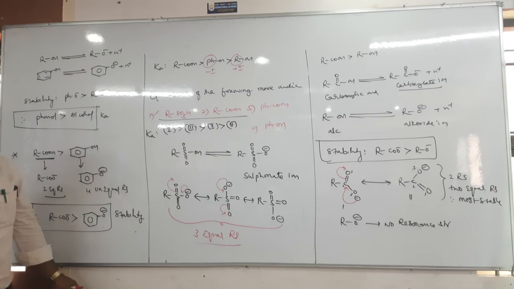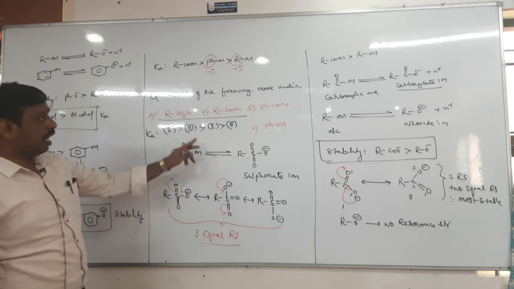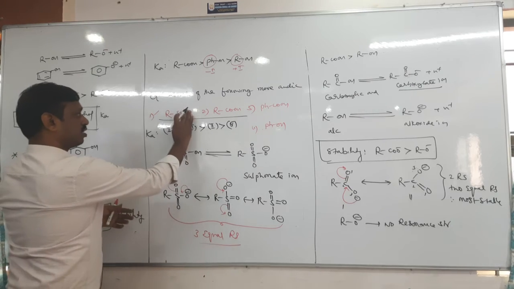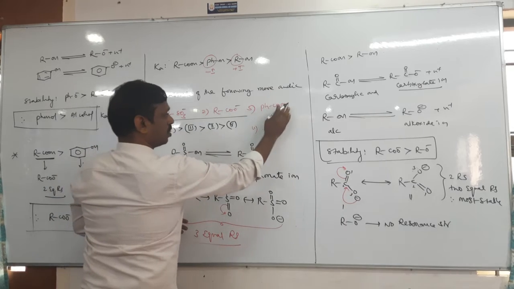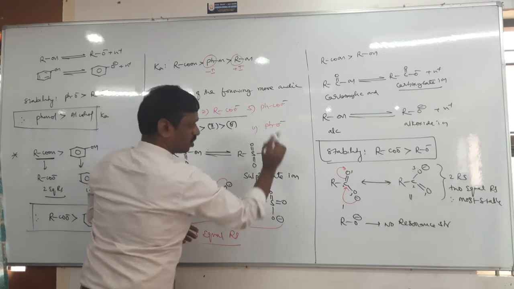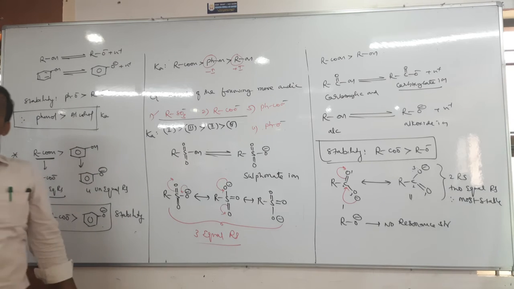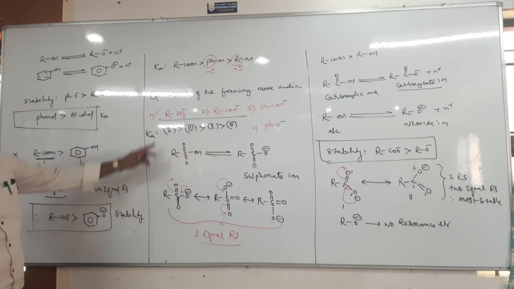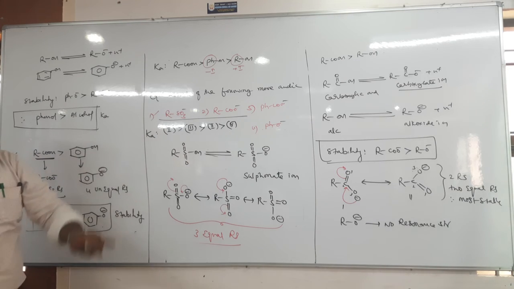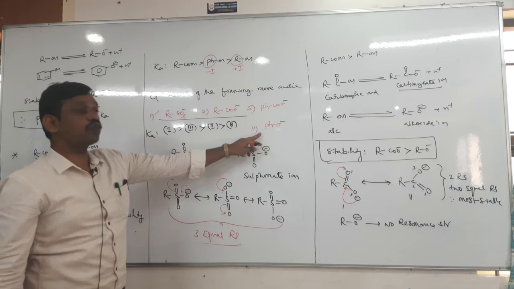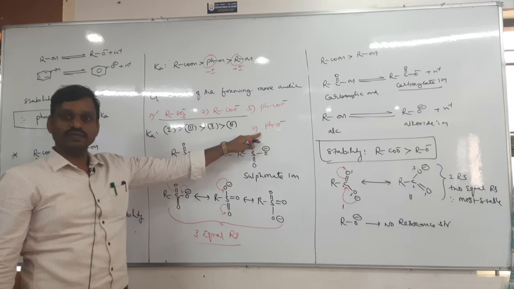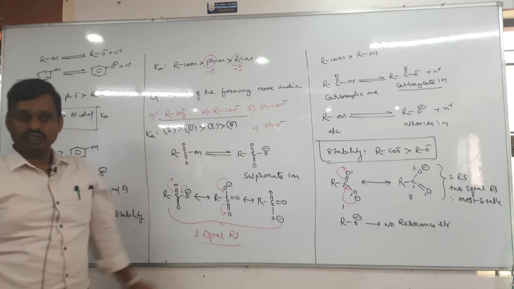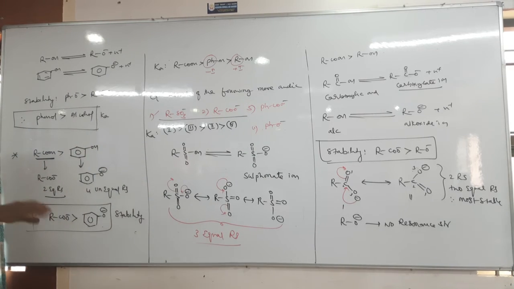Okay. Next, one more question. Now tell me, among these anions, let us take sulfonate anion, carboxylate, benzoate, phenoxide. Among these anions, which of the following is the weakest base? Weakest base must be formed from strongest acid. First one. Which is the strongest base? Fourth one. Right? So like that, if you understand the concept, the identification answer is nothing difficult. You can do it. Fine.